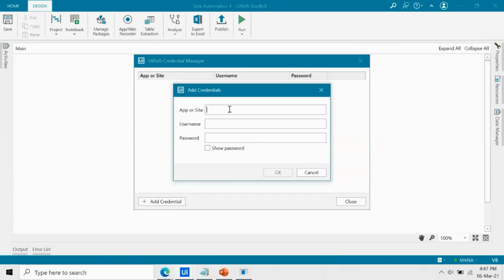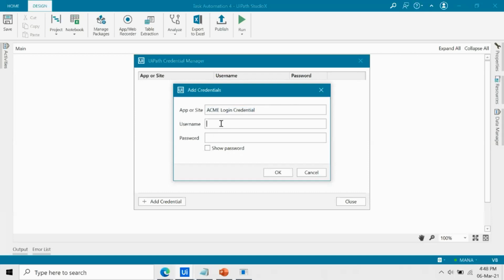It's similar to how you save your usernames and passwords in your mobile phone or any other browsers. You first provide the reference name to it, or you can provide the URL. So I can just provide Acme login credential. The same name, you will find in the credential manager. So with this name, it will store your username and password in the credential manager.